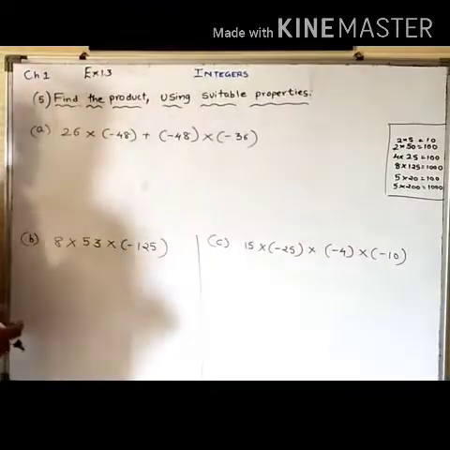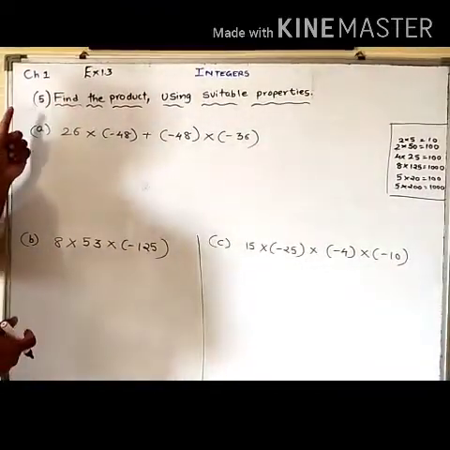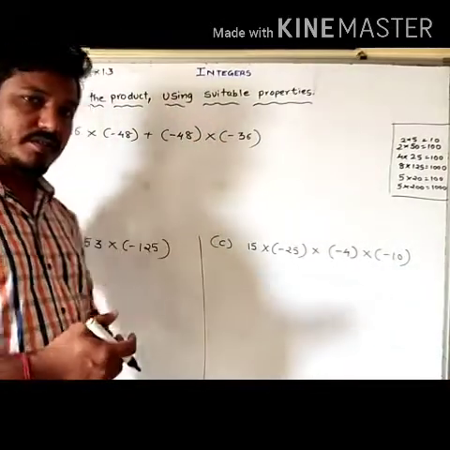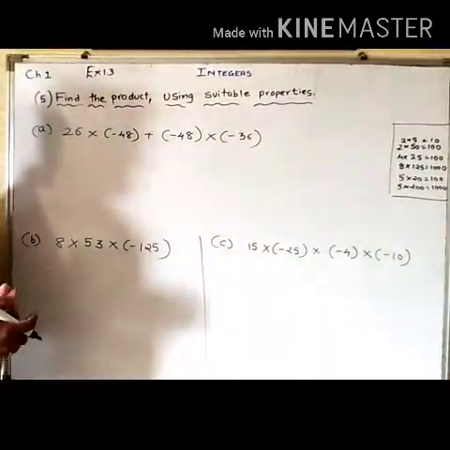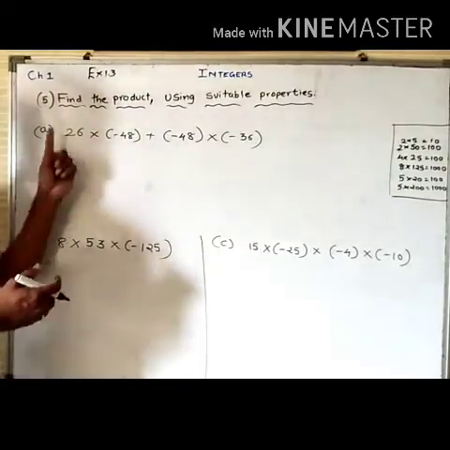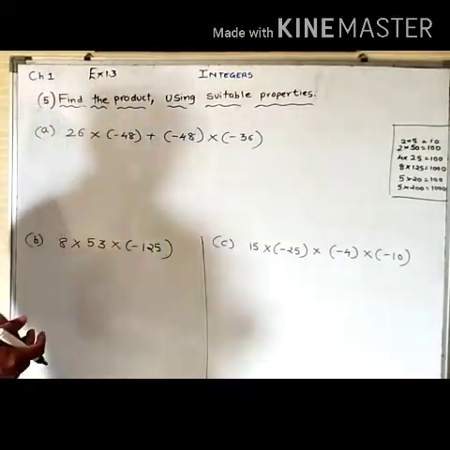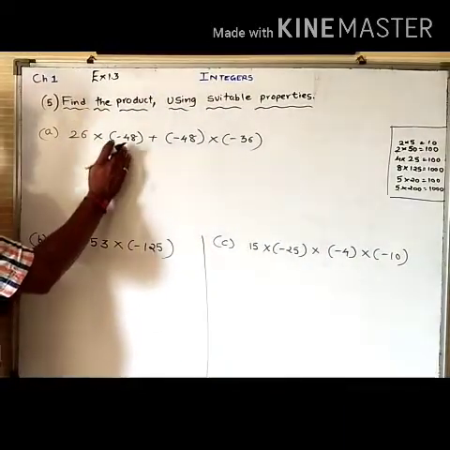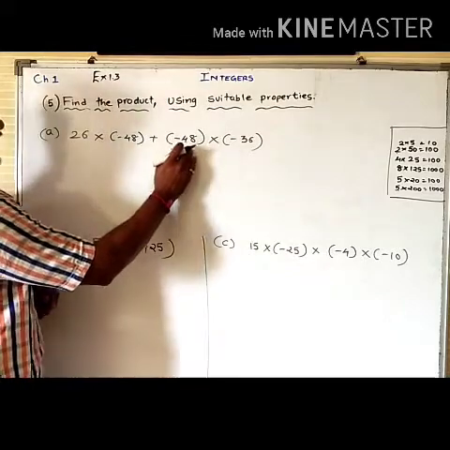Hello dear student. Now let us start our exercise 1.3. Question number 5. Find the product using suitable properties. Now, after studying all the properties, we can easily apply those properties to find the product in the following question. In the first question, it is given that 26 multiplied by negative 48 plus negative 48 multiplied by